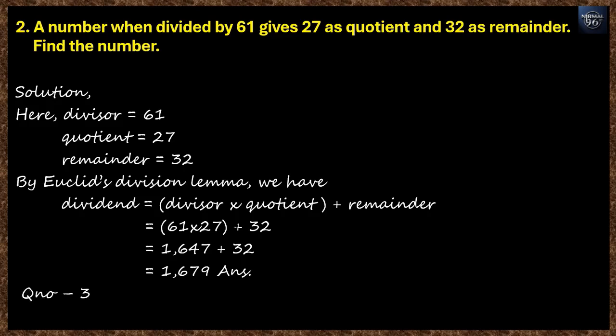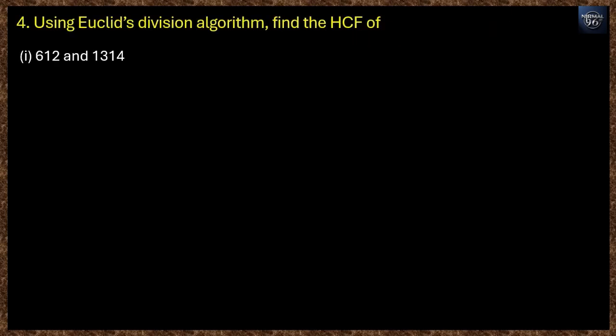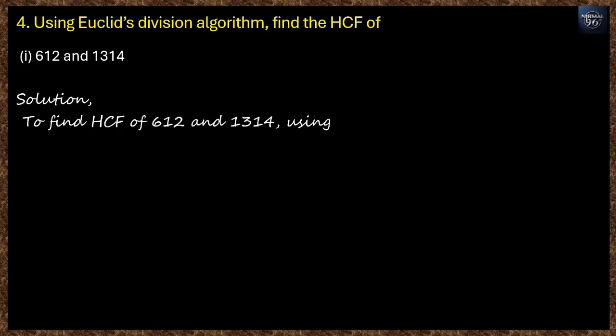And you can see question number 3 is same as question number 2. Now let's see question number 4. Using Euclid's division algorithm, find the HCF of 612 and 1314. So here we'll be using Euclid's division method, and the process is very simple. Let's see solution. So to find the HCF of 612 and 1314 using Euclid's division algorithm,